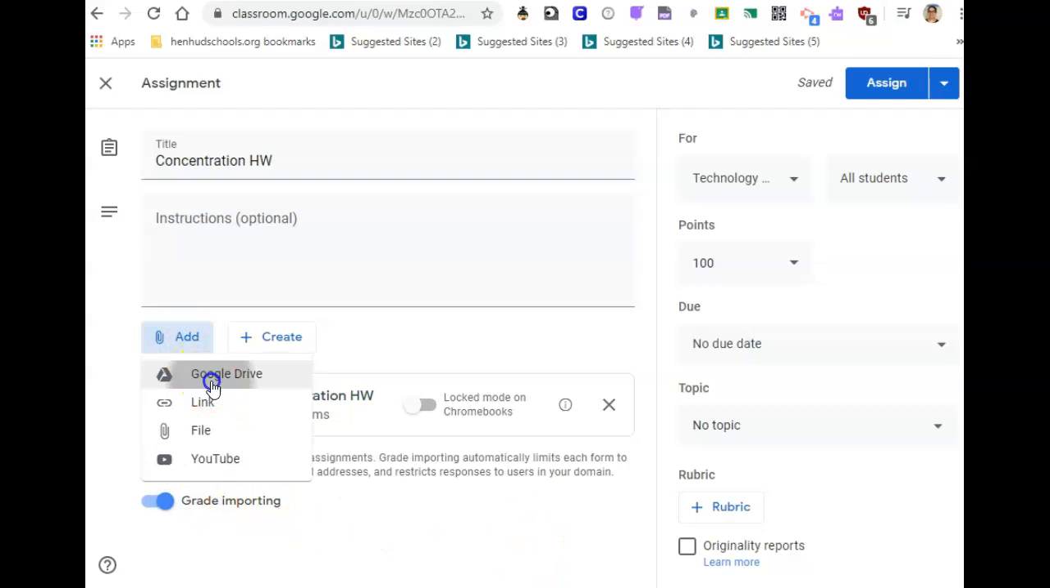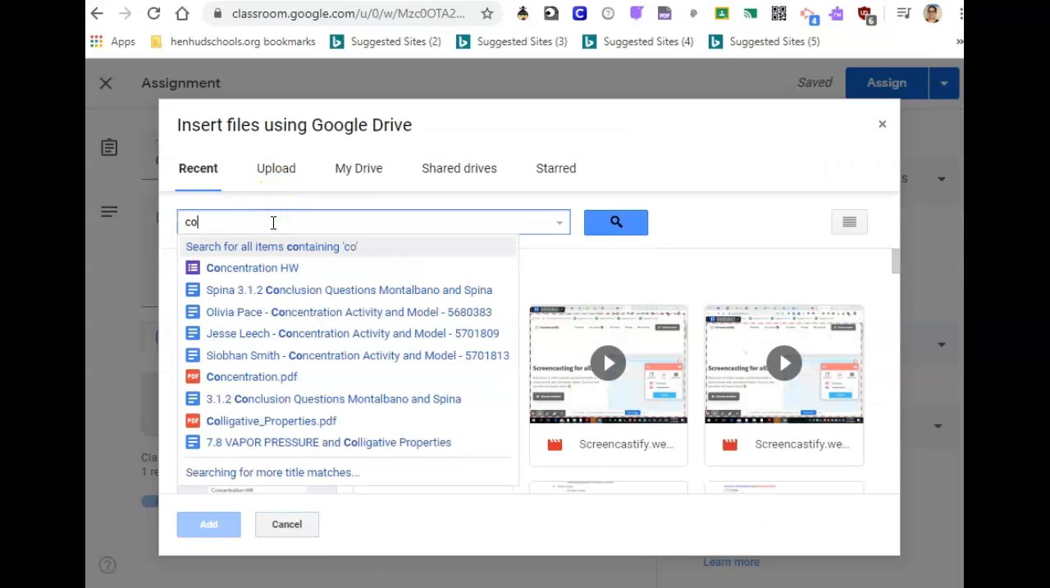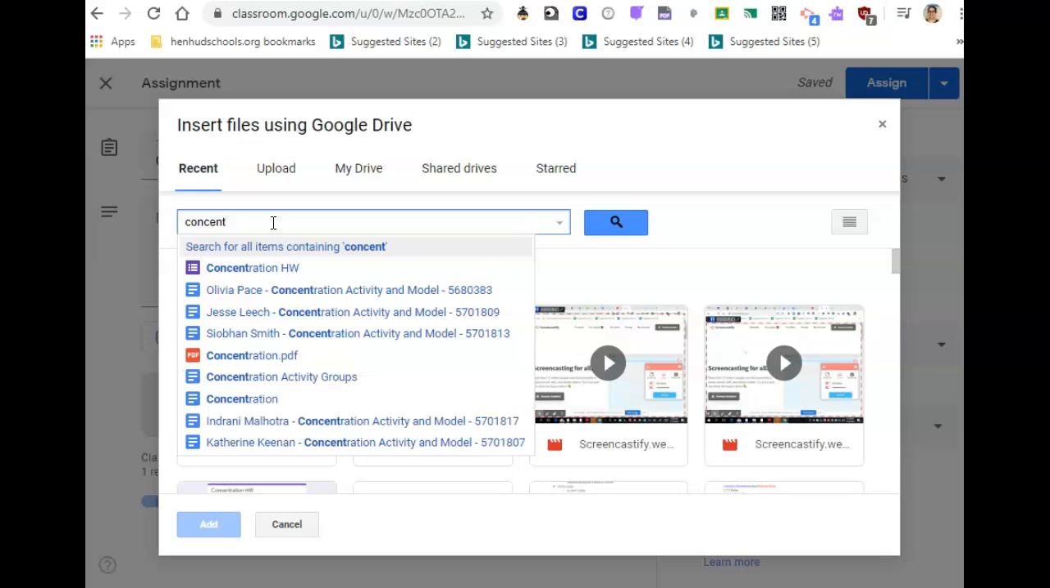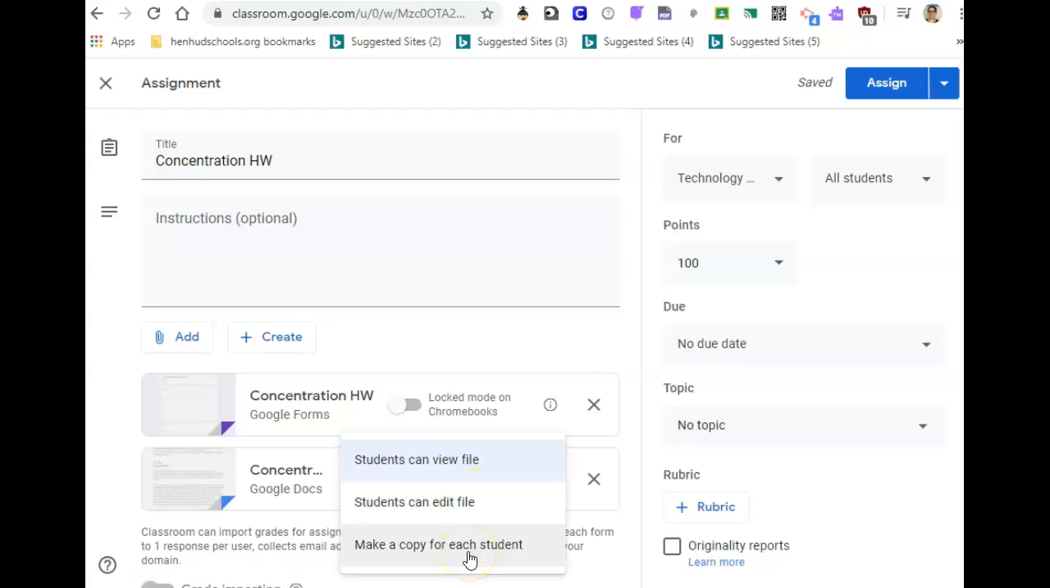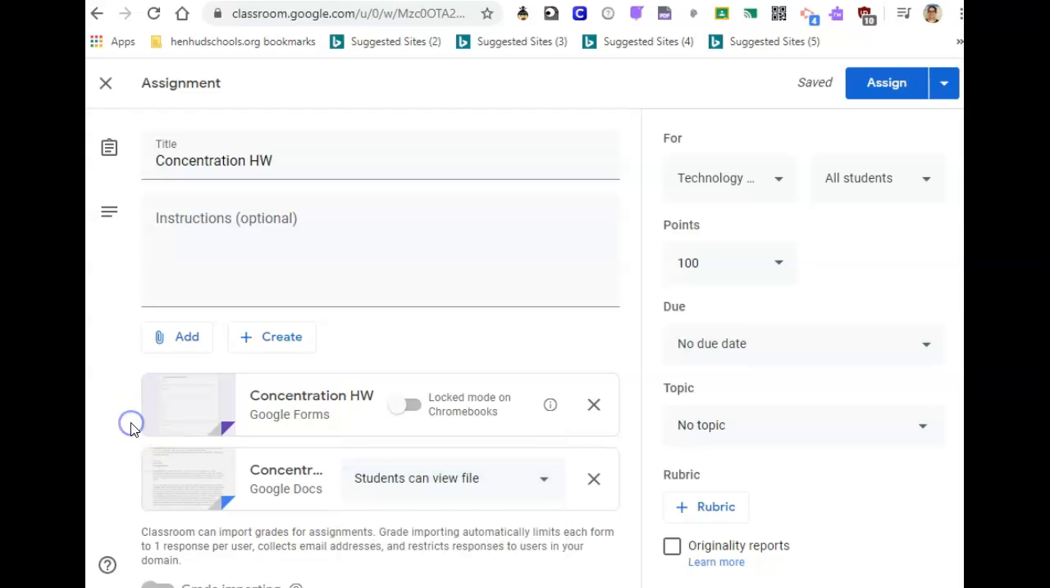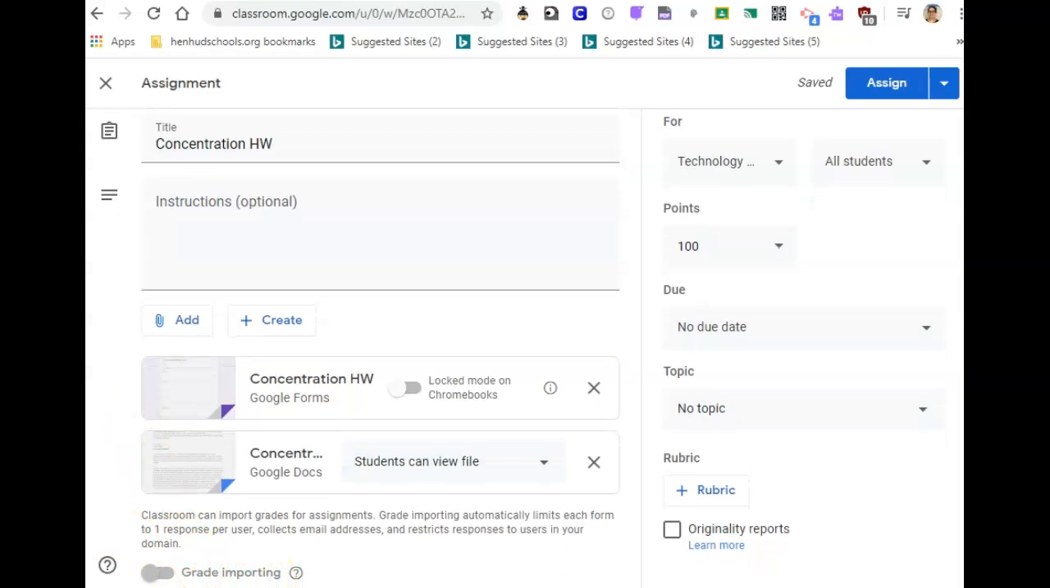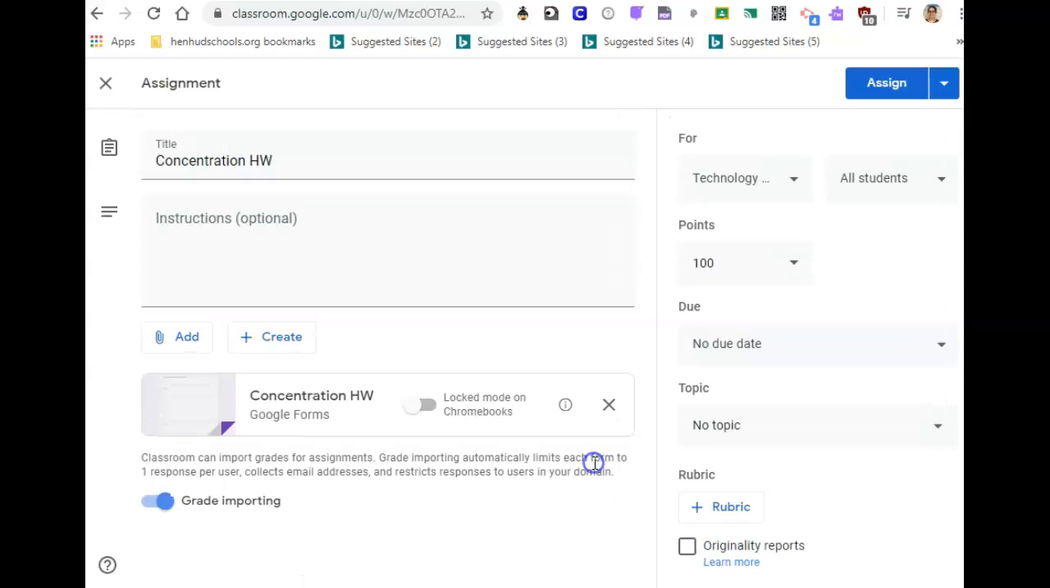I can also add in, if I wanted to, a Google Doc, and you can choose either students can view or you can make a copy for each student. So when the students open their document, it already makes a copy for them so that they won't be editing your original. You'll notice that if you add two, you can't import the grades. Importing of grades will only work if you include just one attachment per assignment. So I'm going to go ahead and get rid of this Google Doc